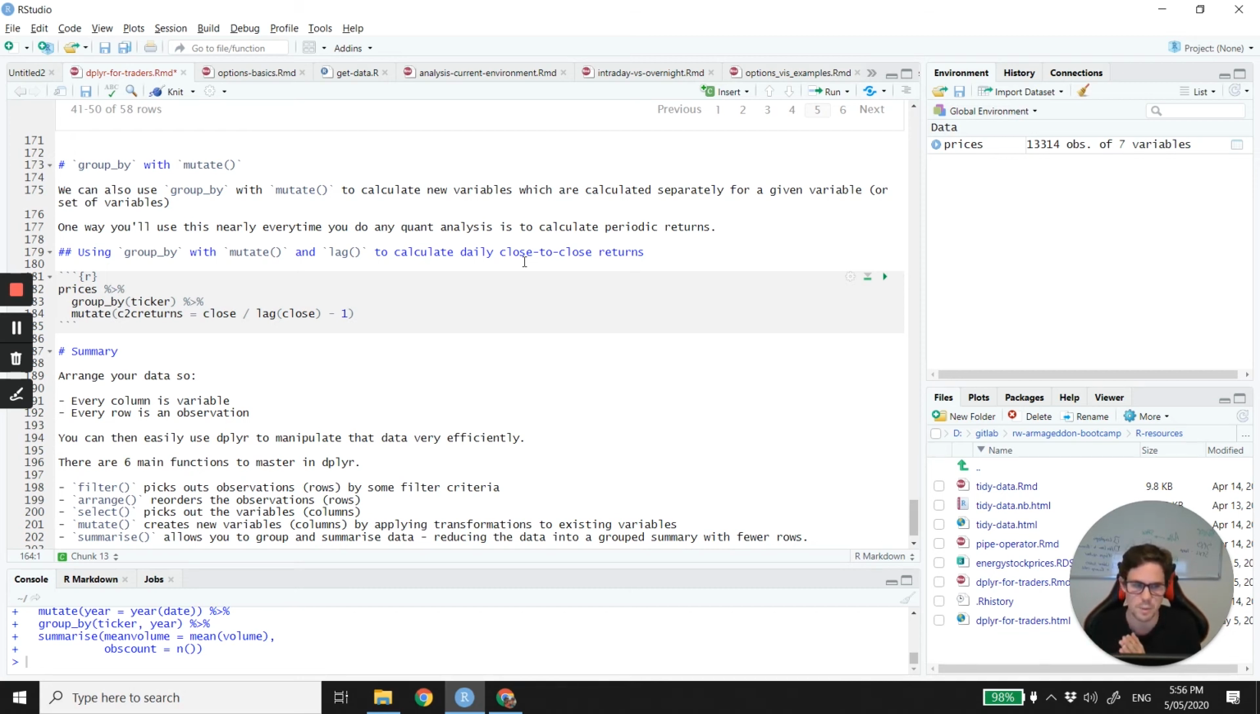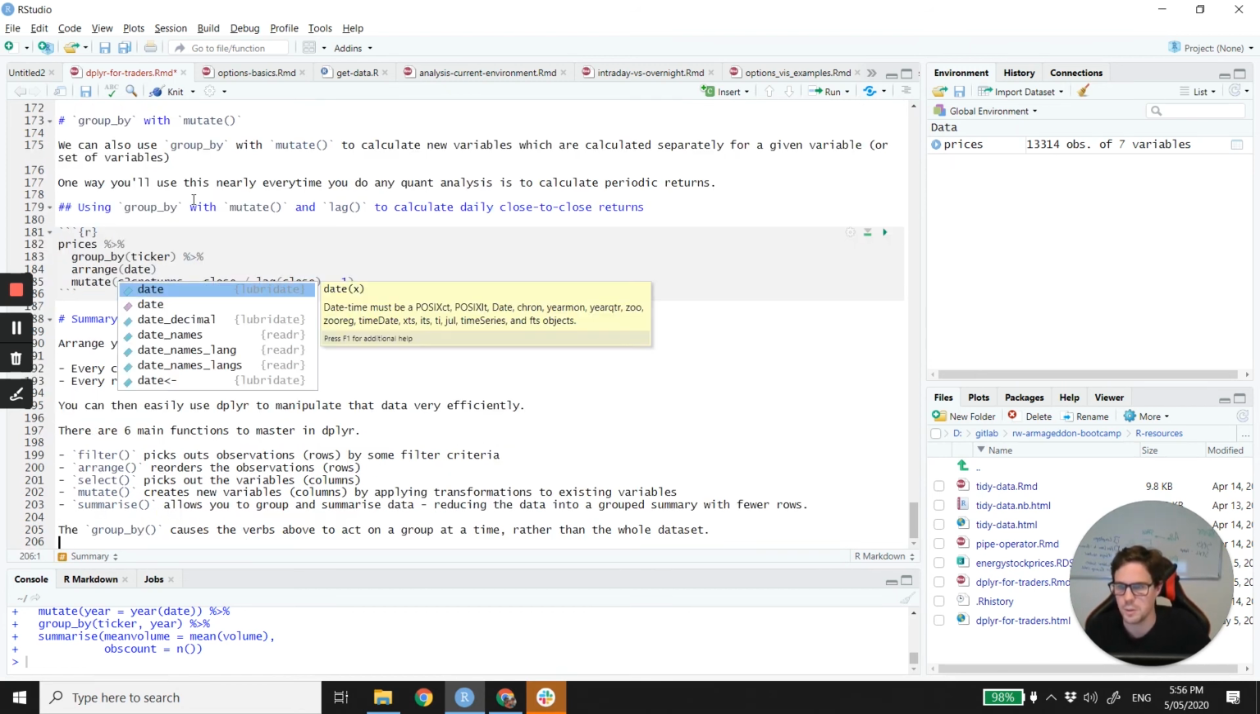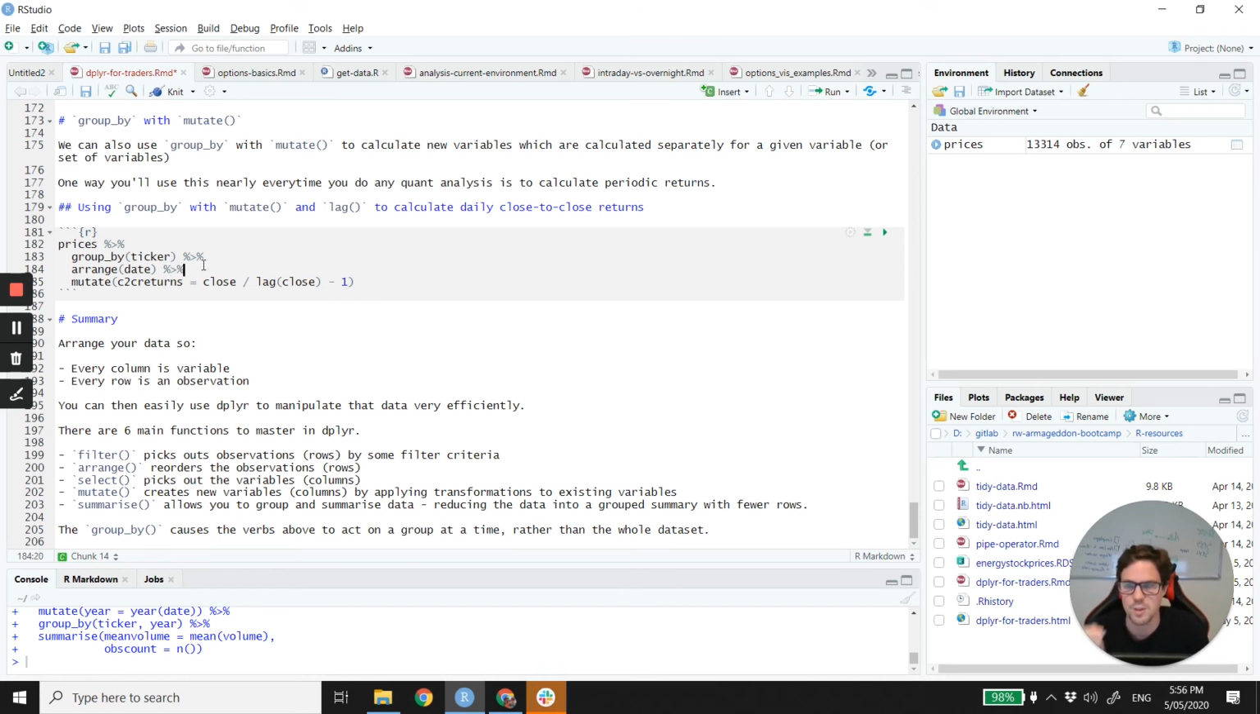So an example which you'll use all the time as a quant trader is for calculating periodic returns. So we don't want to use observations from other stocks in our calculation of returns. So here we've taken prices, we're grouping by our stock, our ticker, and then we're taking the lagged returns. So we're taking close divided by the lagged close price and taking away 1. And just to be explicit,